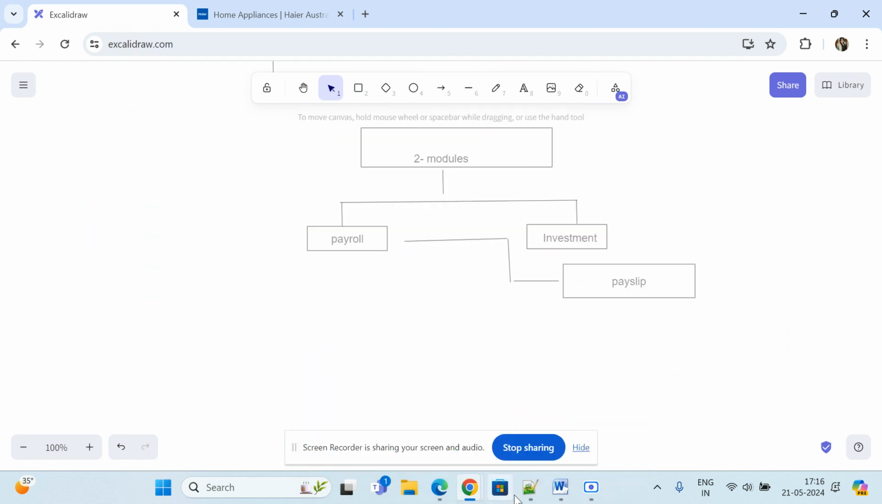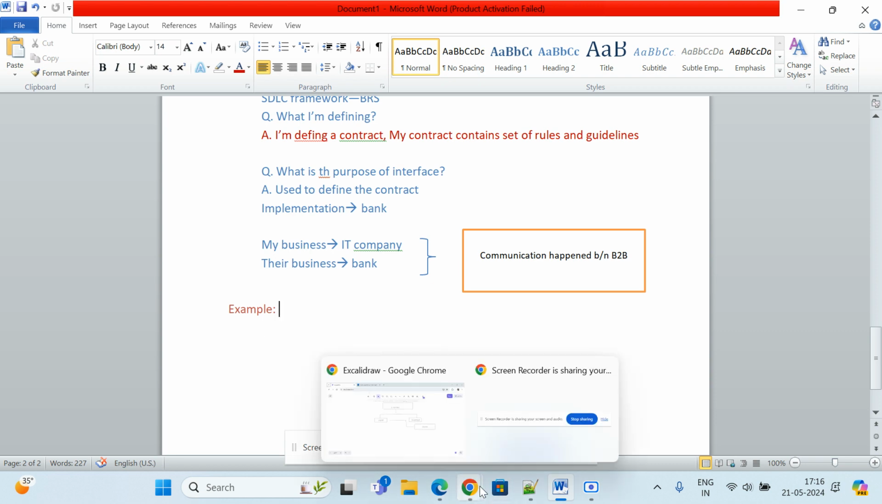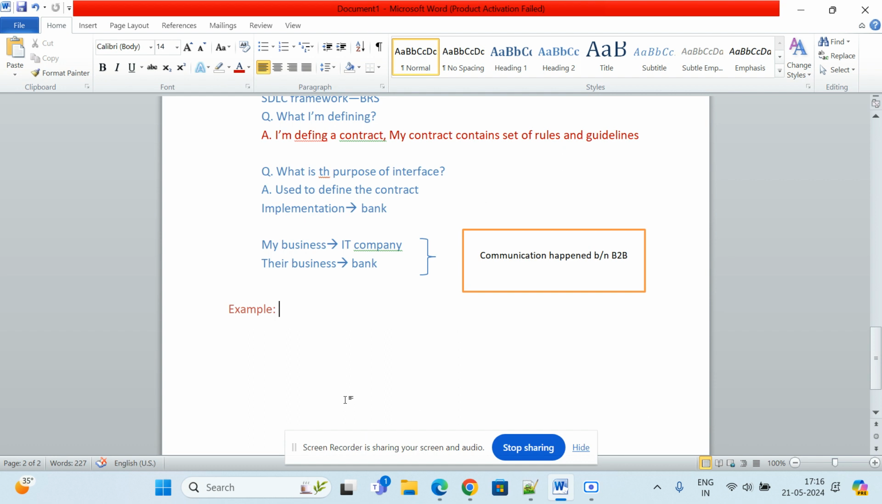If you want, I can give a simple example for your better understanding. I have a company and there are two modules. I cannot wait for the payroll module, which has already started, and I cannot wait for the investment module to get completed. So they have given the interface that we can implement by using the features, right? So what does a method signature contain? I will give an example, but before that,